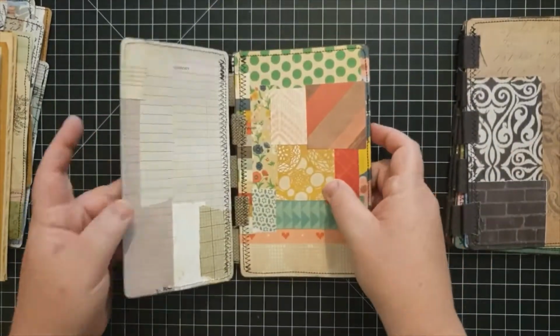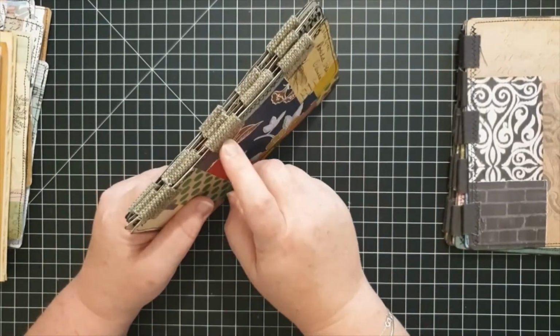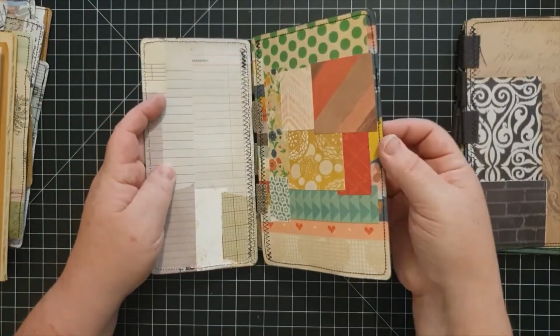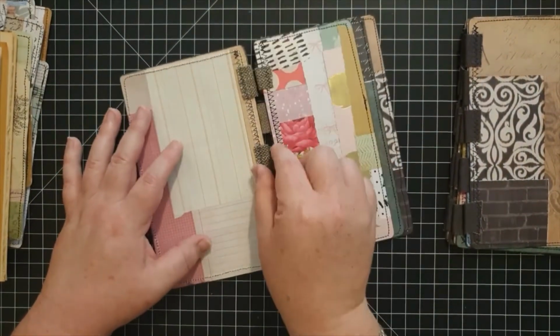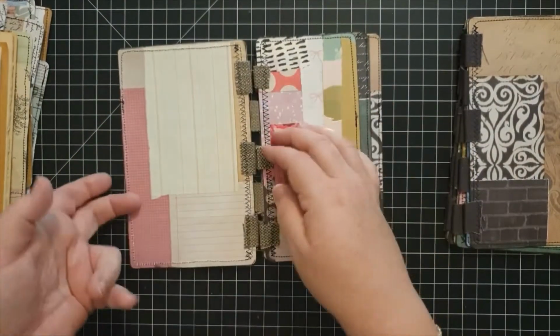So here is another example. This one I used upholstery fabric, and it's a little bit thicker. I don't know that I would go much thicker than this, just because it will start to kind of get in your way if you're trying to write on here, or it just kind of makes it thicker. The binding,